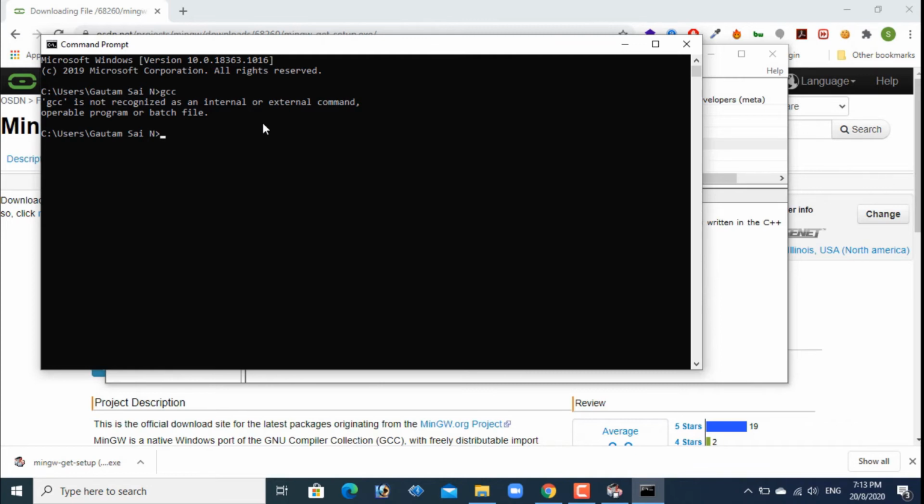Because we usually install software in C drive, but we need to use it anywhere in our system, because I may store my files at any location I want, maybe in D drive or C drive or E drive. Okay, now let's set the path through the environment variables.